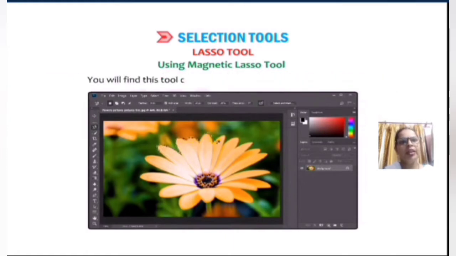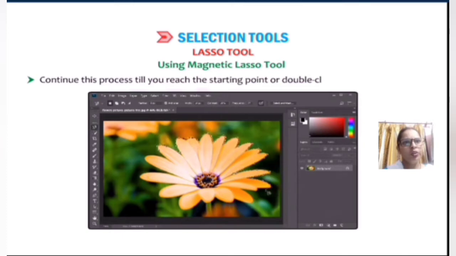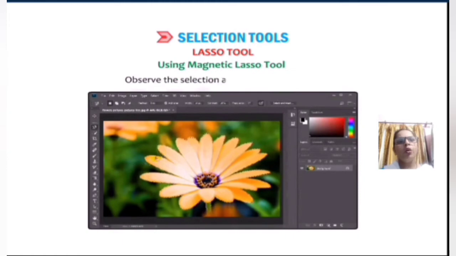You will find this tool drops fastening points along the way. Continue this process till you reach the starting point or double click at the ending point. Now your object will be selected. When you reach the ending point, double click on your image. Observe the selection as shown in the figure.